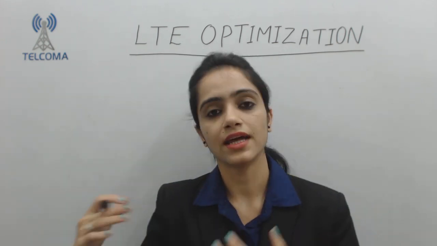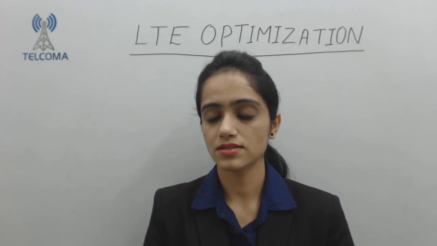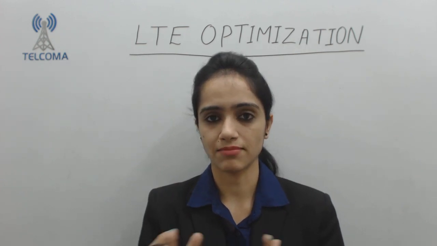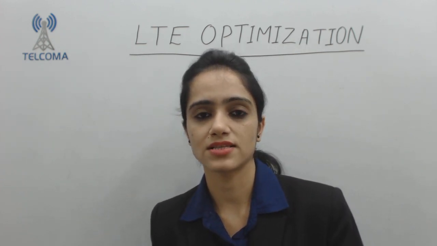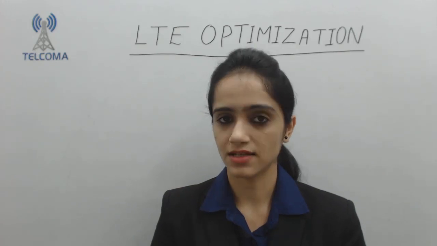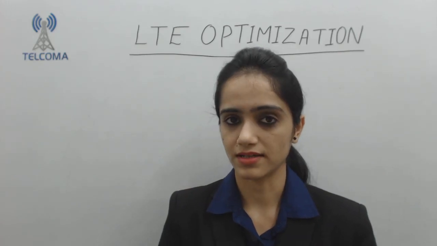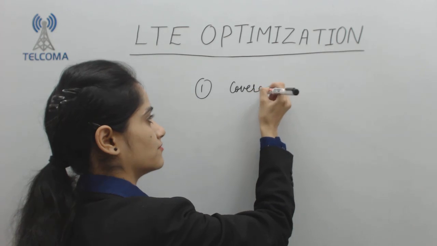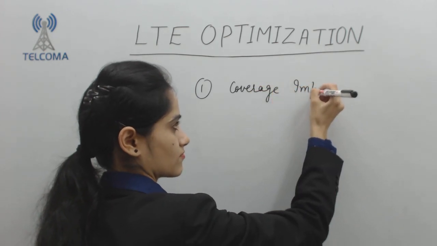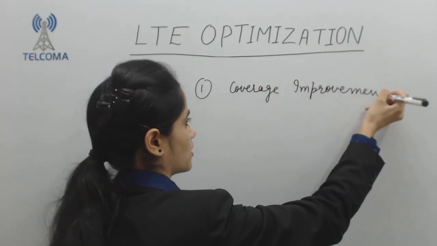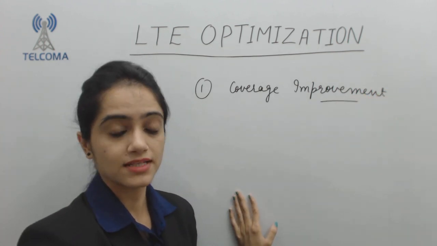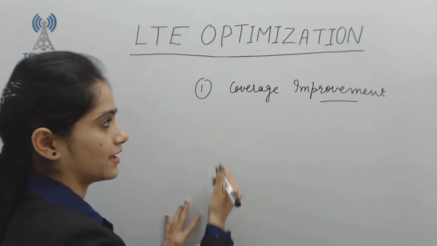In short, I can say that optimization is majorly about network performance, because if my network performance is good, then only will I have more users, more speed, and more quality of service. That's why we have continuous optimization of the network, to find the various irregularities in the network. Other than these, we have various issues for optimizers: sometimes we require coverage improvement. My coverage is not good and we require to improve the coverage. So this is also a function of the optimizer, to improve the coverage of a particular area.